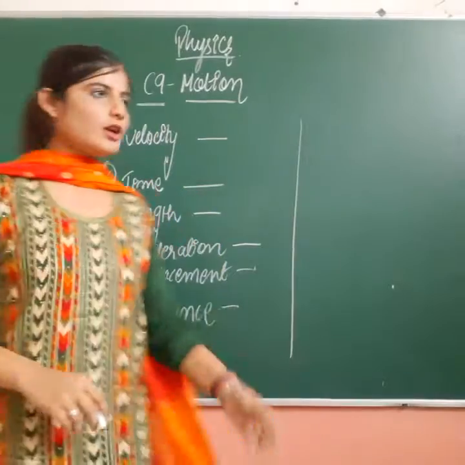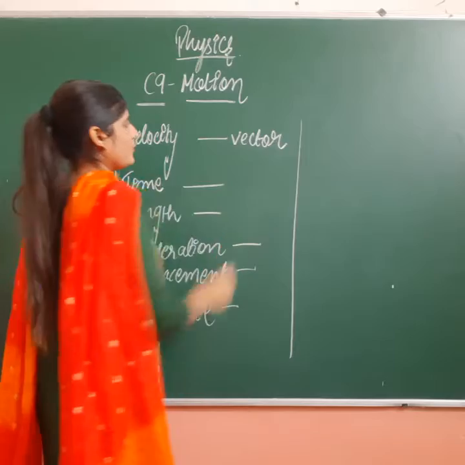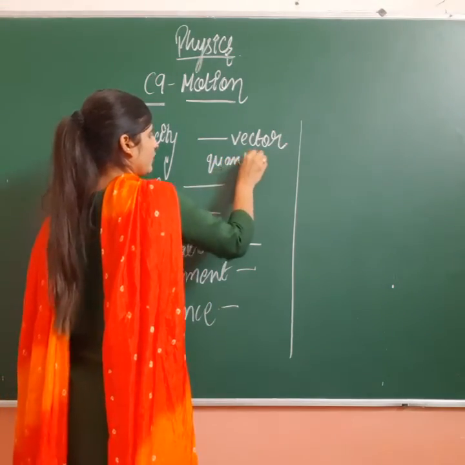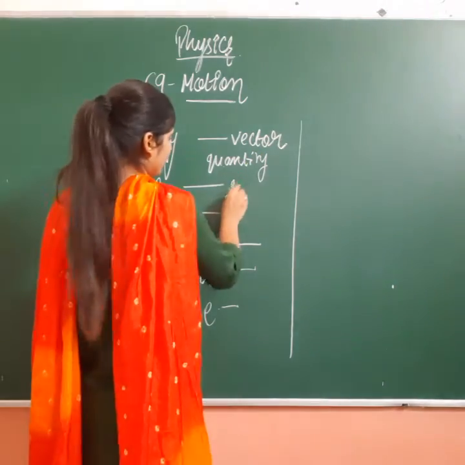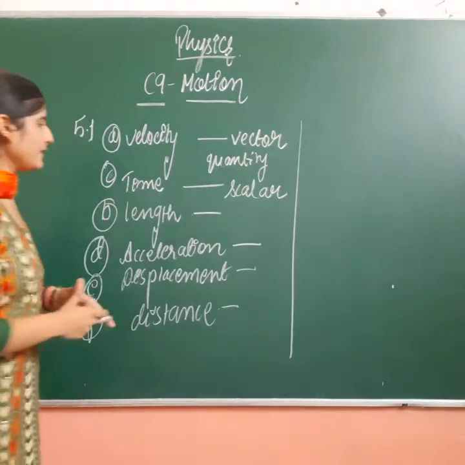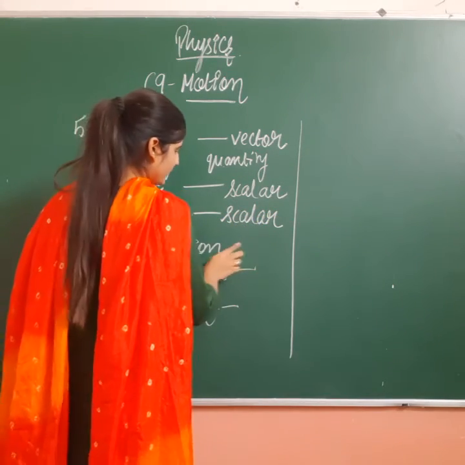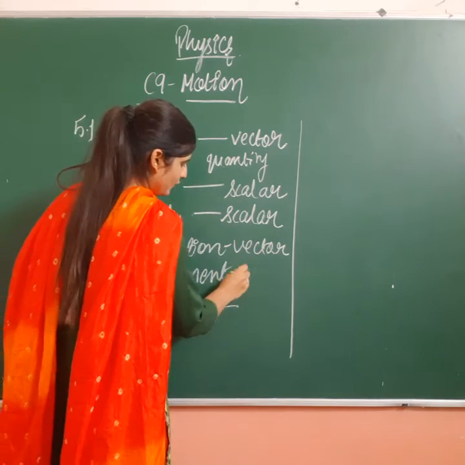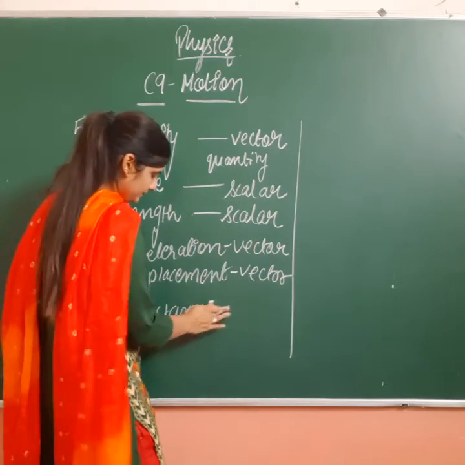So first of all we talk about velocity. It is clearly a vector quantity. I am only writing down the vector, you can write down vector quantity. Why? Because it has magnitude as well as direction. Next is time. It is a scalar quantity. It has only the value, the magnitude. Next is also a scalar quantity. Acceleration is a vector quantity. Displacement is a vector quantity. We have studied it. Distance is also a